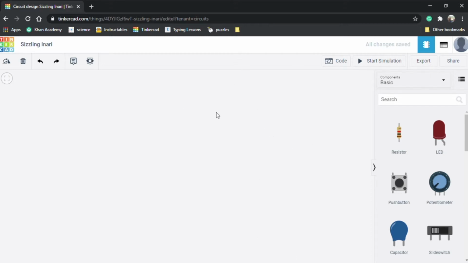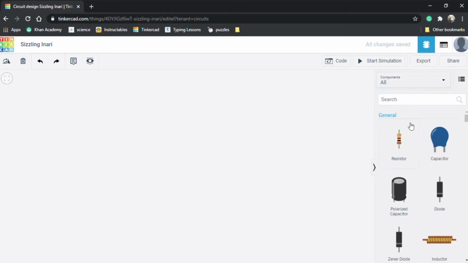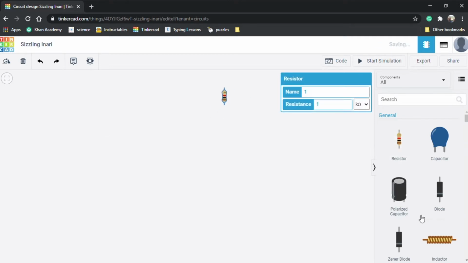Now let's see what things we need. As we discussed in the previous video, we need an Arduino board, an LED and a resistor. So we go here to the components and select all. Here is the resistor, so let's drag this resistor to this blank page.